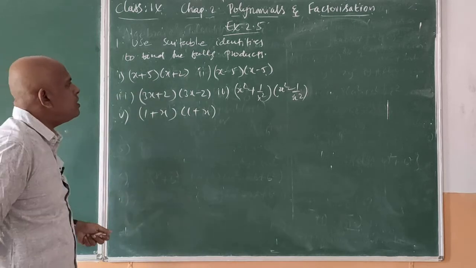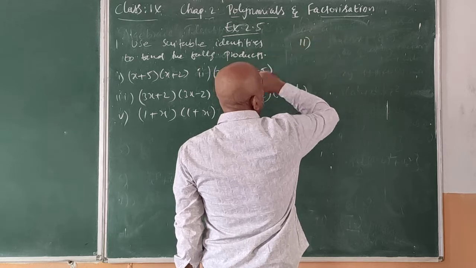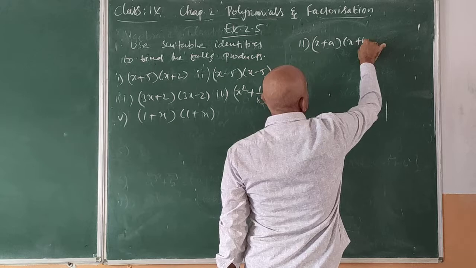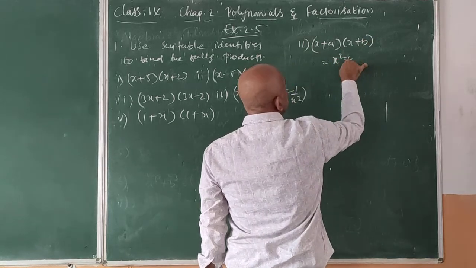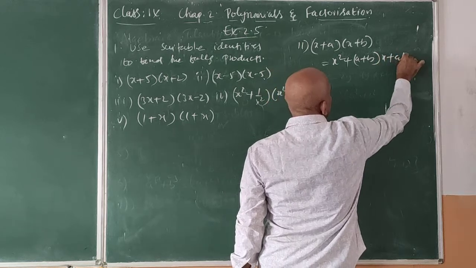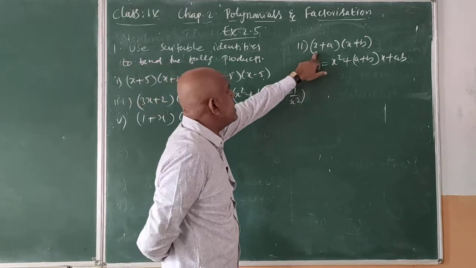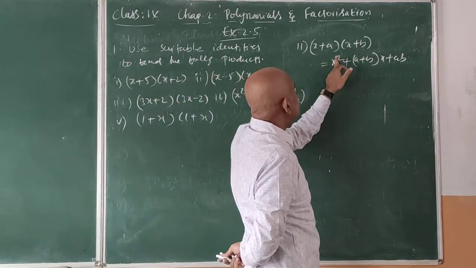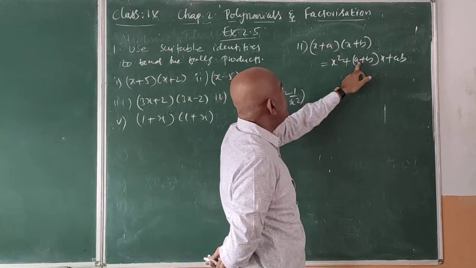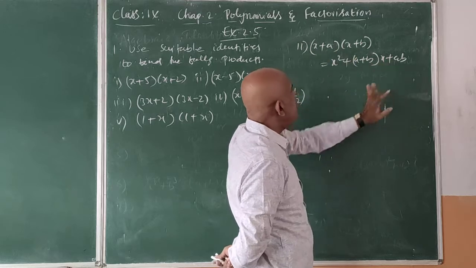Yes, here one more formula we are missing. That is the 11th one, after the 10 we have written. That is: x plus a into x plus b is equal to x square plus a plus b into x plus ab. This is one more formula. It is not mentioned, or it may be mentioned somewhere. So x plus a into x plus b is equal to x square plus a plus b into x plus ab, because x into x is x square, a into x is ax, b into x is bx, a into b is ab, four elements.